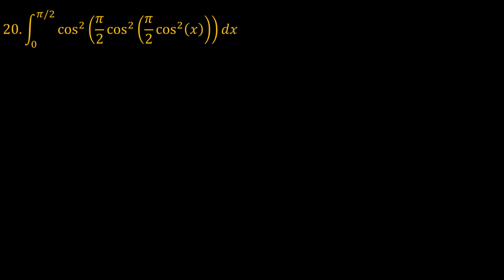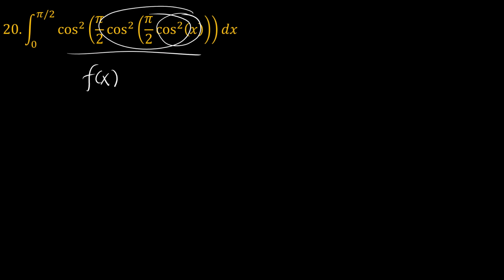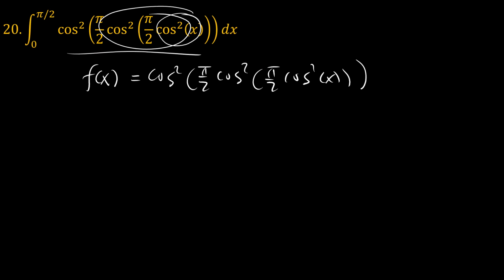So this function, first of all, cosine squared x is continuous within this region of integration, which means that this is also continuous, and this is continuous between 0 and 1, and so the entire function, if we call that function f(x), is existent and continuous within the region of integration,